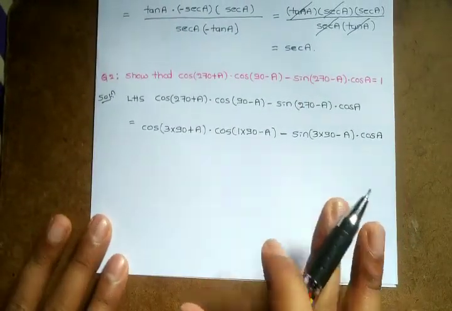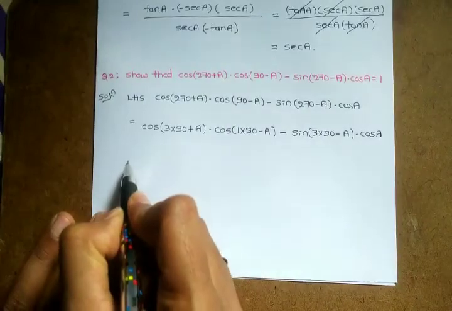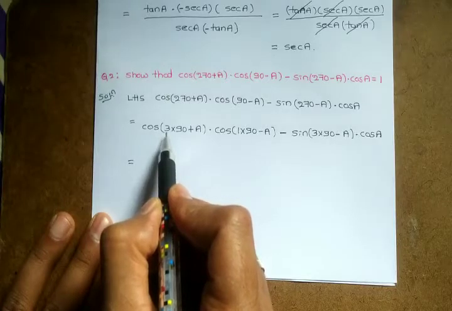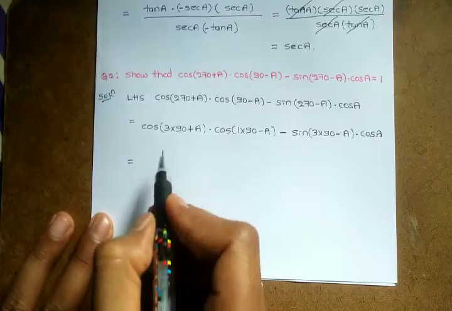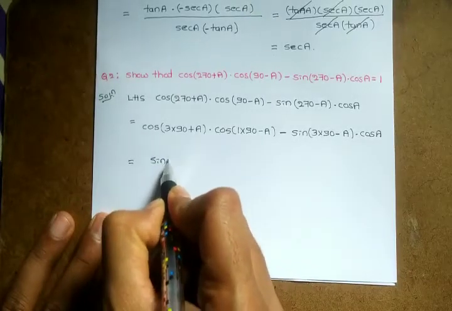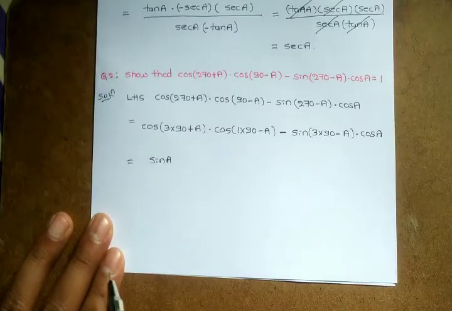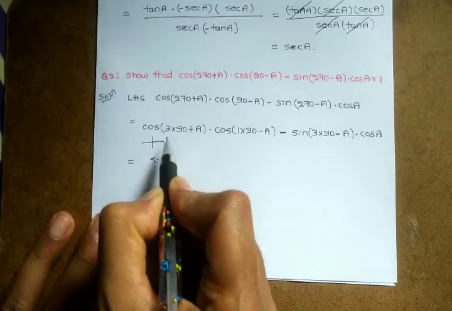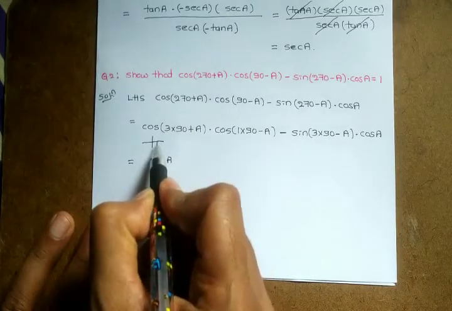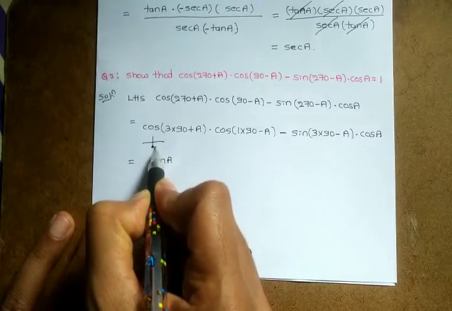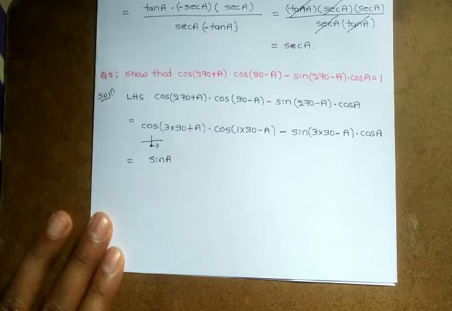Now second step, you see n is even number or odd number. See here, 3 is the odd number, so that time cos changes to sin, and at the end the angle is A, so keep it as it is. Next here I am going to draw one small plus sign. So here 3 plus means which quadrant? 0, 1, 2, 3, here 3 comes, so plus means fourth quadrant.